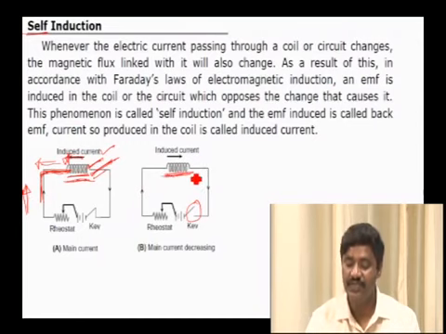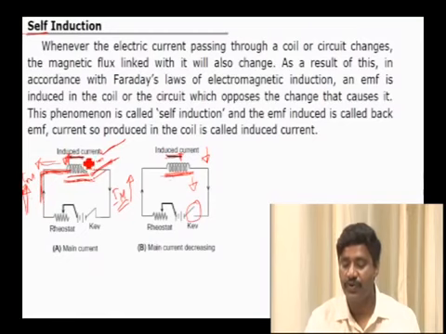induced. But the difference between this case and this case is that here current is induced because of the increase in magnetic flux, and current is induced here because of the decrease in magnetic flux, and this is the induced current direction in the case of increase in flux, and this is the induced current direction in the case of decrease in flux. So this time the induced current direction is along the direction of the inducing current or the main current. I can indicate this as I_M, here I_M. You notice the difference. In the first case when the key is closed, inducing current is opposite to induced current. In the second case when the flux is decreasing, inducing current is in the direction of induced current.